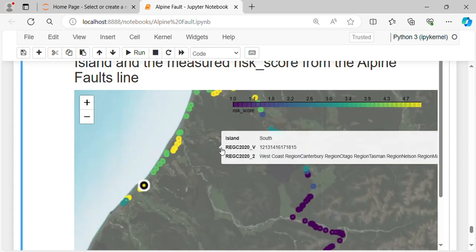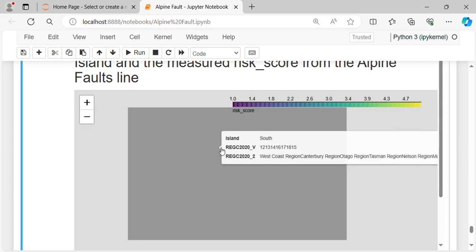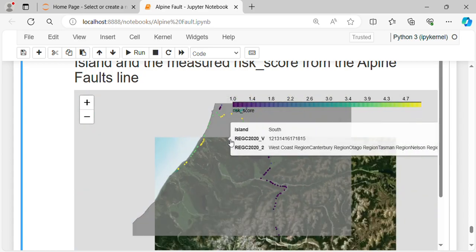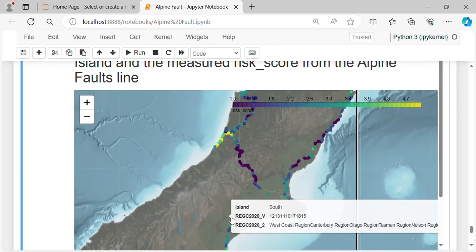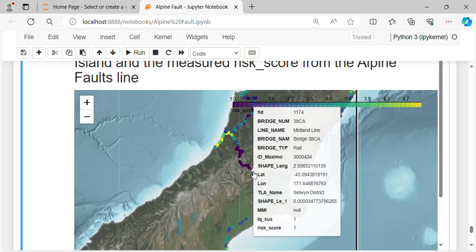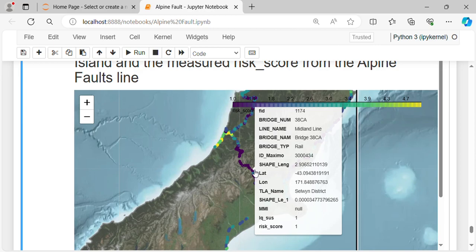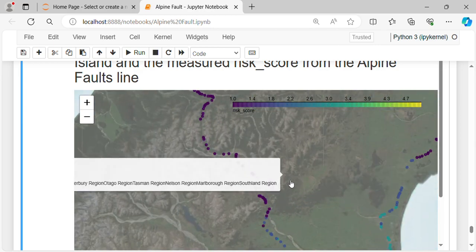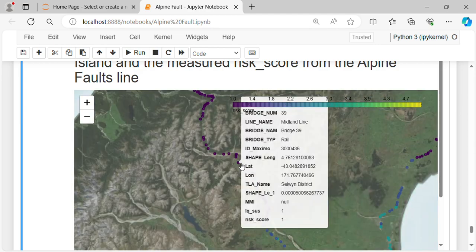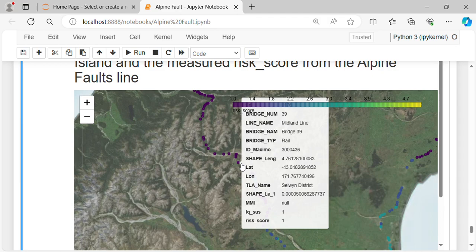And if you make it bigger, yeah, so you can zoom out and zoom in, and this place seems to be safer. So the bridge is safer. Let's have a look at one of those. Okay, so bridge number 39, line number Midland line, bridge name bridge 39, bridge type rail, ID Maximo 3436, shape length